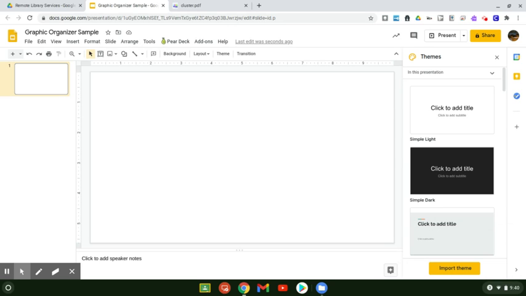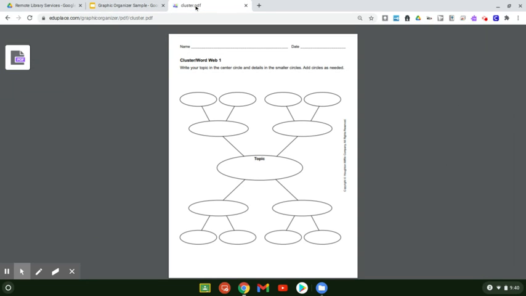This tutorial will explain how to digitize a document such as a graphic organizer or worksheet and make it interactive online using Google Slides. First, create an image of your document. This can be done by taking a photo, scanning, or downloading from the internet, and then saving it as an